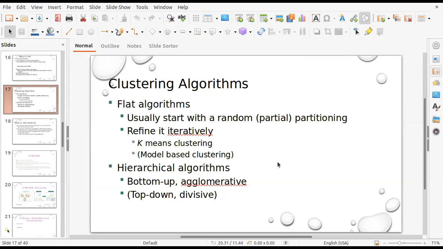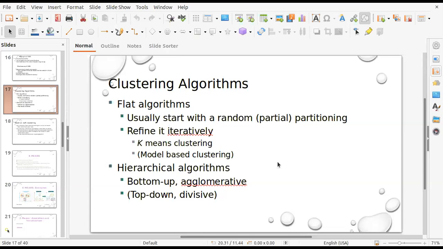Clustering is, by definition, given the items, putting them into different clusters. How many clusters you form is up to you. You can decide how many groups you want and put these items into the different groups.